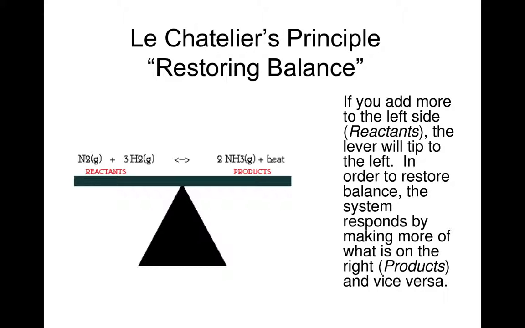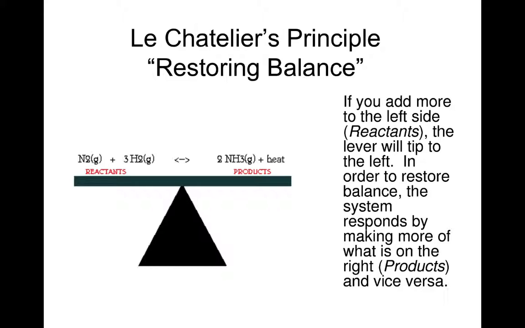Generally, if an external perturbation affects an equilibrium, the equilibrium will be re-established in a direction that restores balance, or in a direction that works against the external perturbation. So for example, if you have the reaction N2 plus 3H2 makes 2NH3 plus heat, and you are